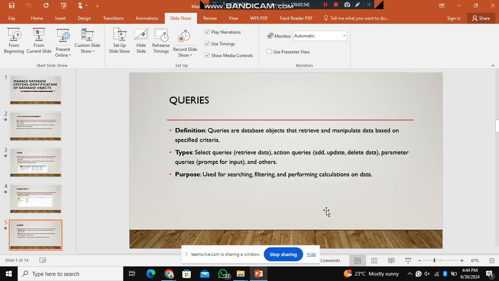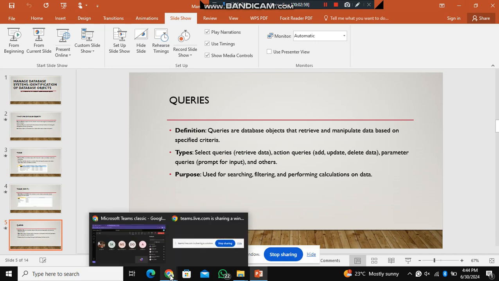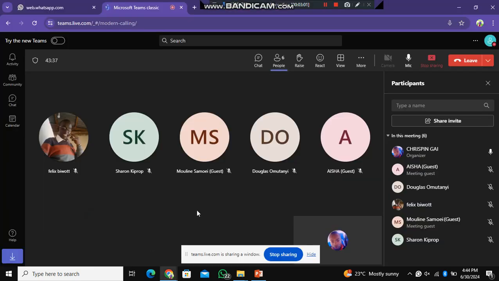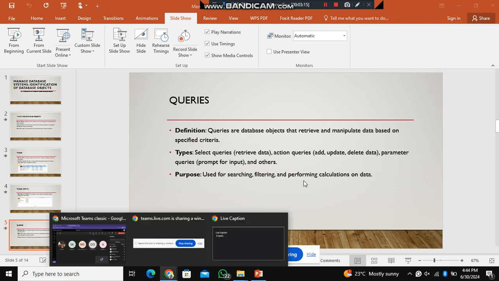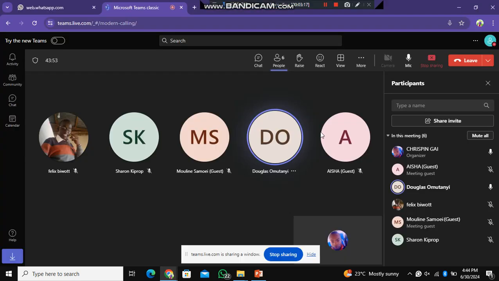So we have queries. What's a query? What's a query, Douglas? A query, these are database objects that retrieve and manipulate data based on specified criteria. Very good, Douglas. So queries,